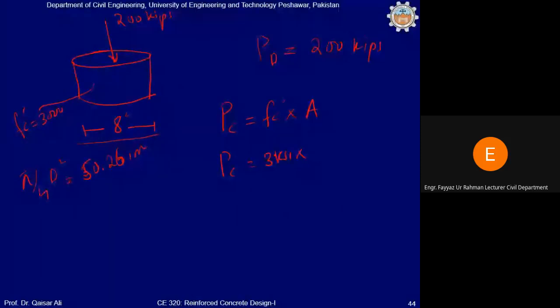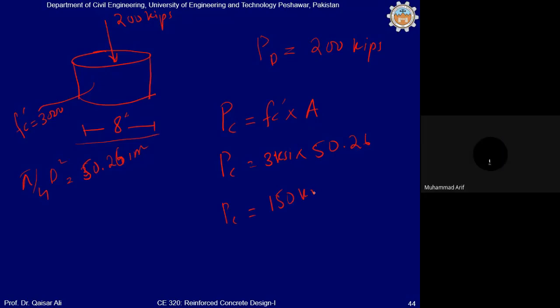अब इसको यहाँ पर मल्टीप्लाई करें 50.24 इंच स्क्वायर, तो व्हाट विल बी द कैपेसिटी ऑफ दिस मेंबर? क्विकली, जल्दी करें। ऑलमोस्ट इट विल बी 150.79. अच्छा, 150 किप्स इज द कैपेसिटी ऑफ द स्ट्रक्चर मेंबर।